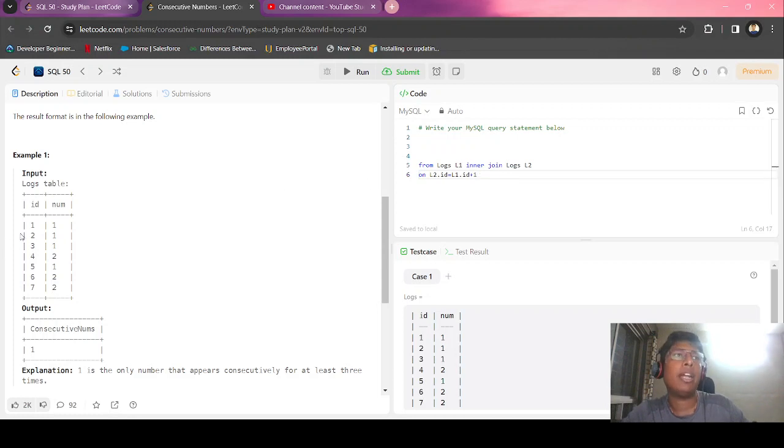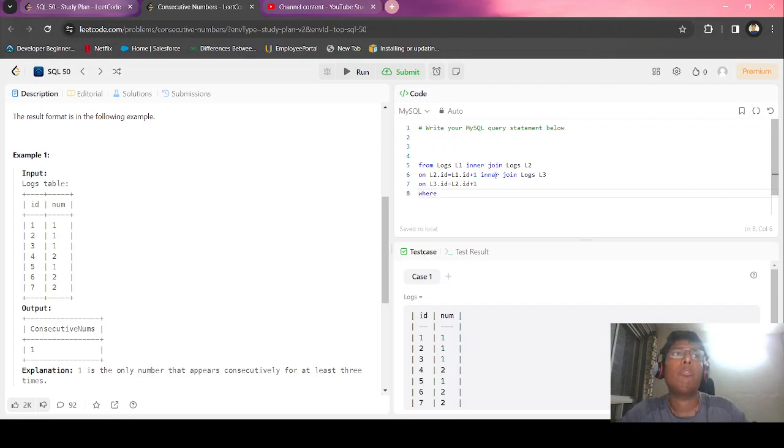So ID2 would be compared against ID1. Again, since we need thrice, inner join logs L3 on, again the same thing, L3.id is equal to L2.id plus 1,